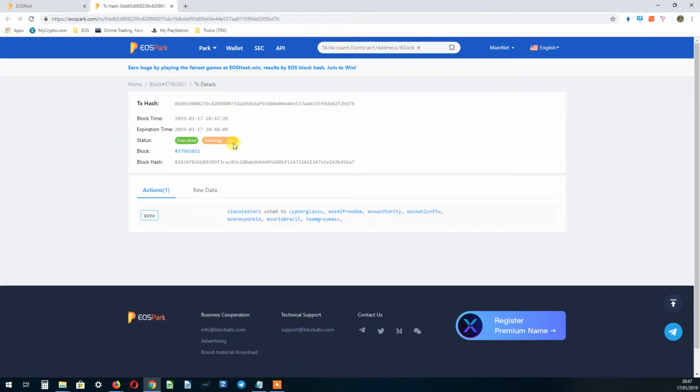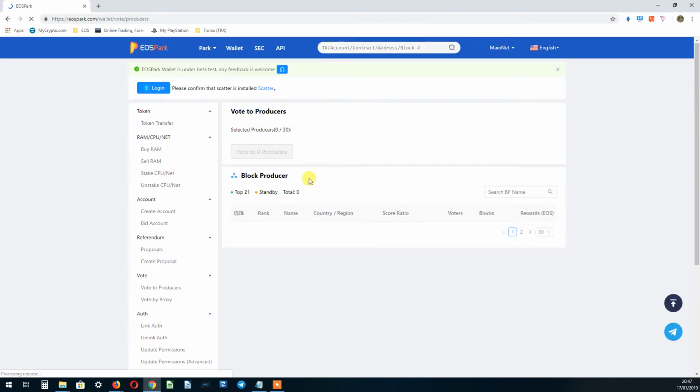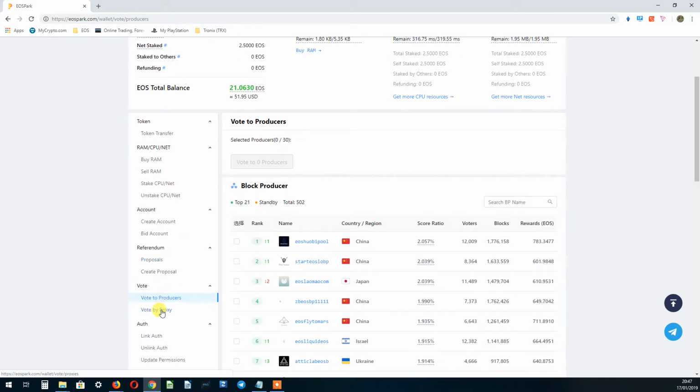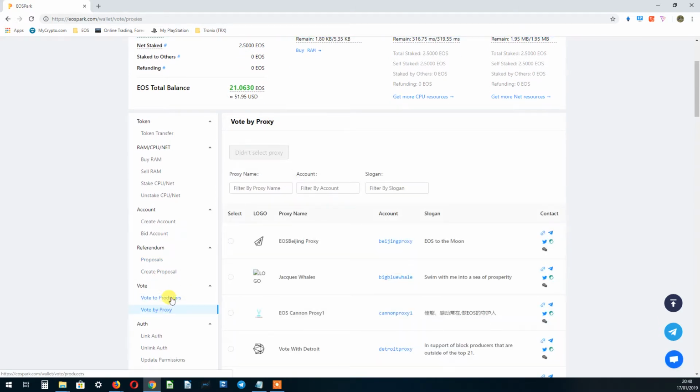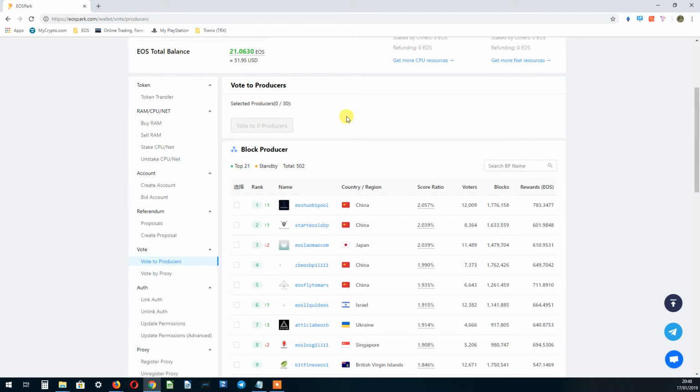Again, pending until at least 15 out of the 21 block producers have witnessed that. There's the block number and the block hash and transaction hash with the exact time. So that's executed. The votes are going in. I'm going to give that a refresh. Click the vote. Click the vote by proxy. I'd like to vote to producers. Cool. So that's not showing yet. I guess that's down to the irreversibility of the transaction. So I'll give it a minute or two, and either here or via another block explorer and wallet interface, it should show my votes for the